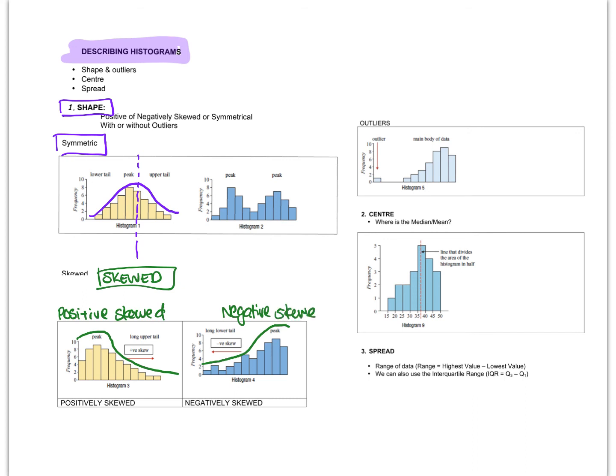Okay, so we often comment on the shape. Now, sometimes we have some random ones that are out by themselves. You can see it's not with the other one, and that's what we call an outlier. So we might say this one, we're going to say what's the shape of this bit? Is it negative or positive? Negative. So we would say this one is negative skewed with an outlier. Okay, so pop that one in. That's an example of that. And so we're going to just talk about that. This is what chapter 2